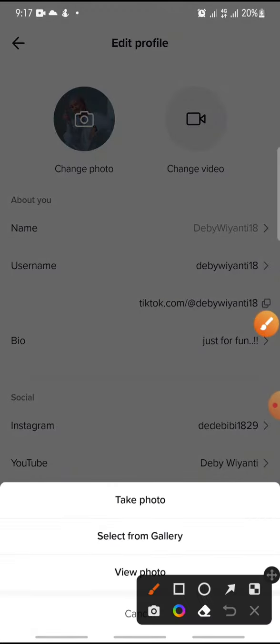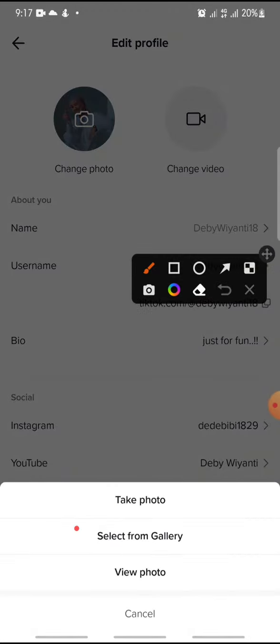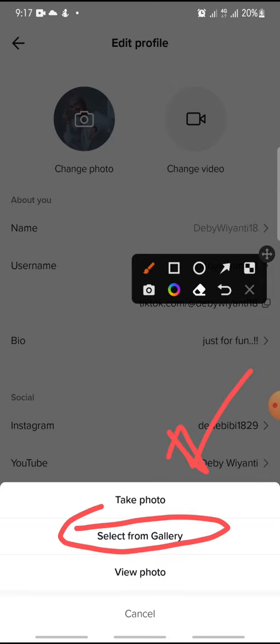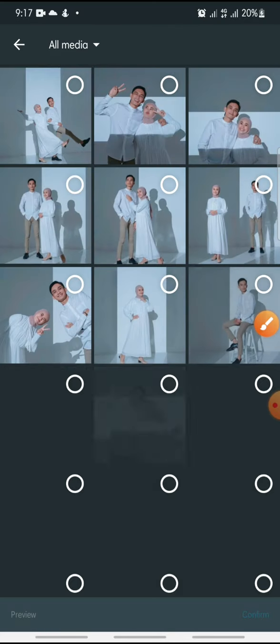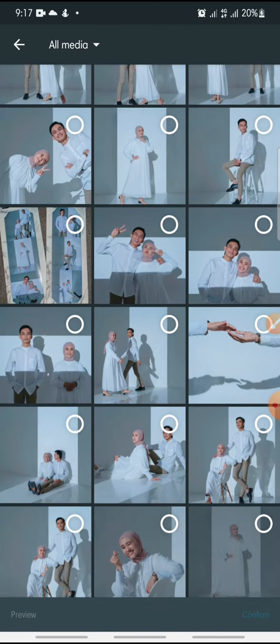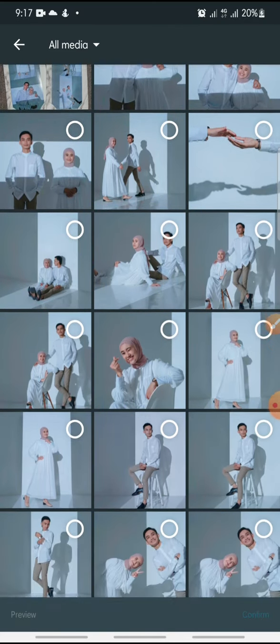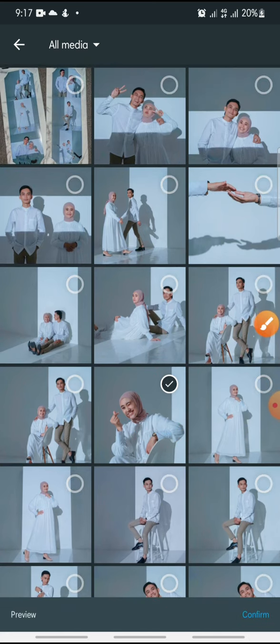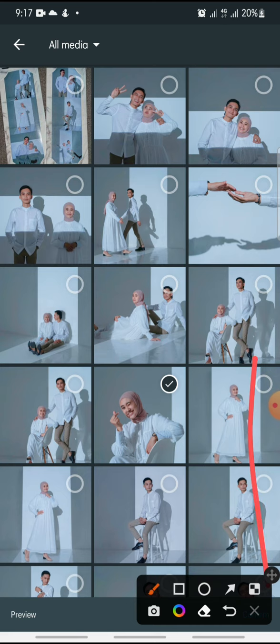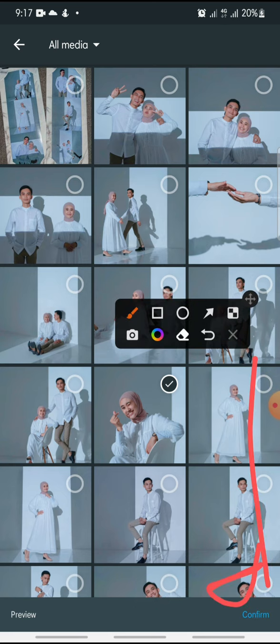and after this you can click on select from a gallery, and after this you can choose the photo that you want to use. Maybe this one, you just click on it, and in here you just click on confirm at the bottom, this